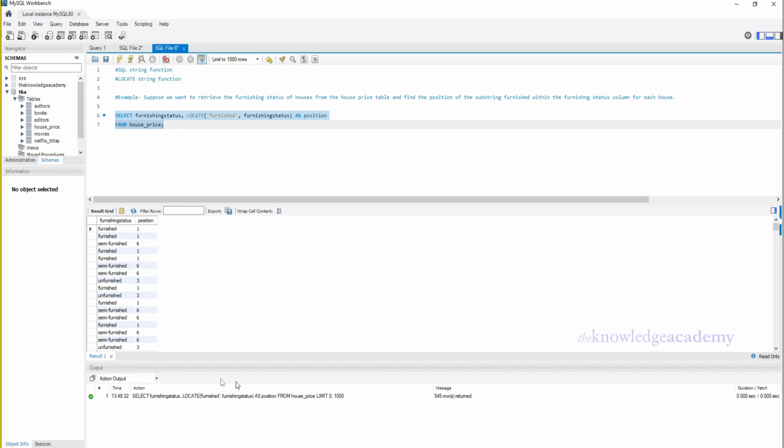In this example, the locate function searches for the substring 'furnished' within each entry of the furnishing status column in the house price table. It returns the position of the first occurrence of 'furnished'. If 'furnished' is not found, the function returns 0. This is particularly useful for determining whether the furnishing status includes the word 'furnished' and where it appears in the